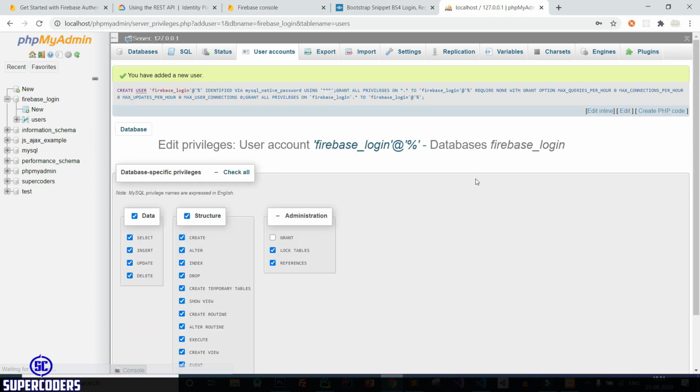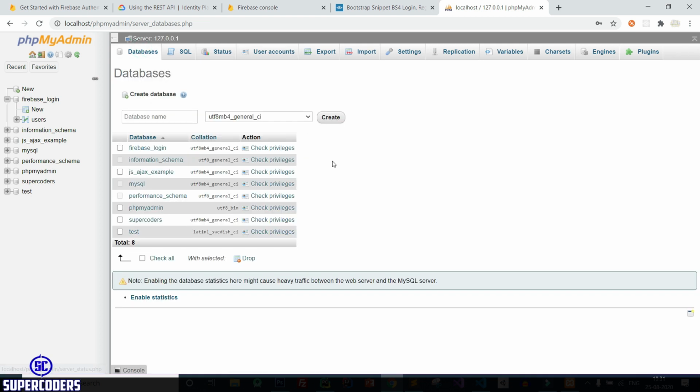Go. So my user has been added. Let's go back to the database. So everything in the backend part is done. My backend part is done for database creation.